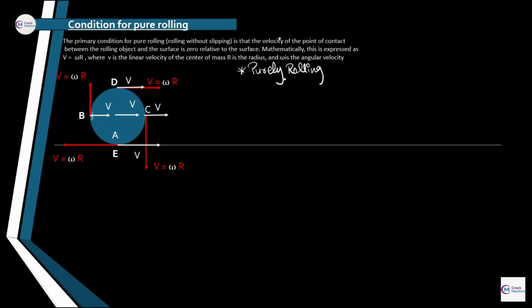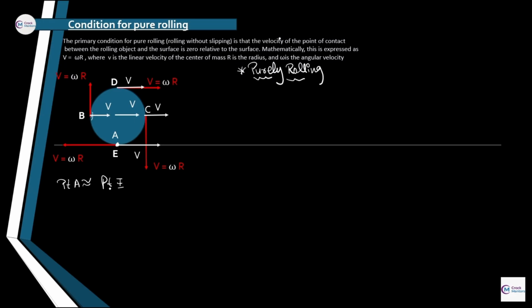Just give me some time. Now I'm talking about point A. What is this point A? Point A is the point which is inside the body, and point B, or point E, is the point which is outside of the body. Which body? The rolling body. And point E is present at the ground surface, or horizontal surface, as we can see. They are very nearly the same.